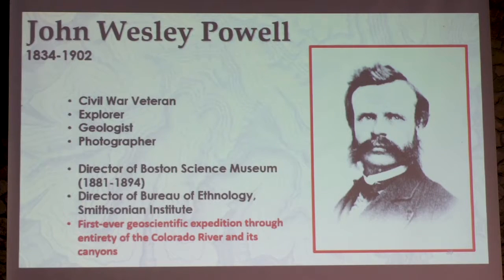And of course, I need not really elaborate much on Powell. I'm sure most of you know his claim to fame. Among other things, he led the first ever geoscientific expedition through the entirety of the Colorado River. Of course, the first documented, unless you want to get into debates about John White and his supposed exploration, or a fleeing of natives who were trying to kill him, et cetera. So anyway, the first documented Anglo-American exploration with an explicitly scientific motivation to explore the Colorado River